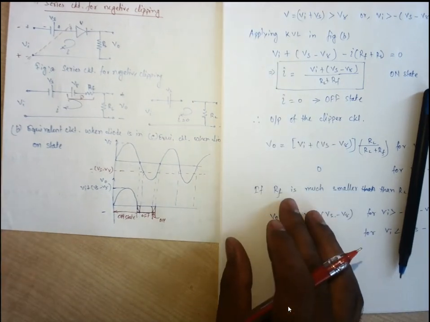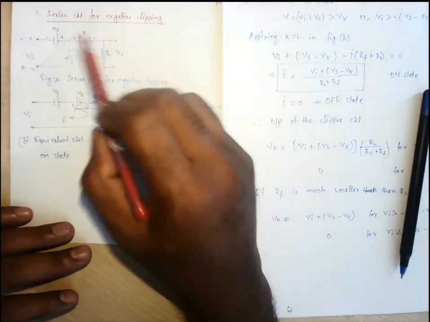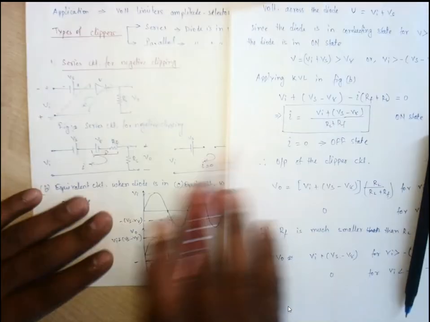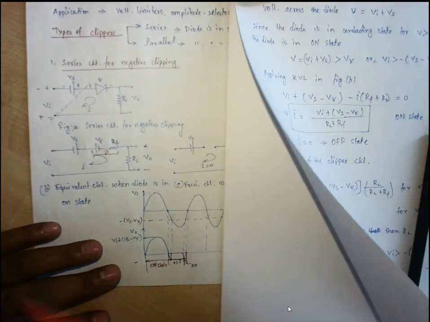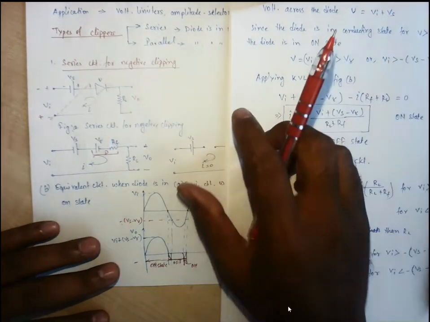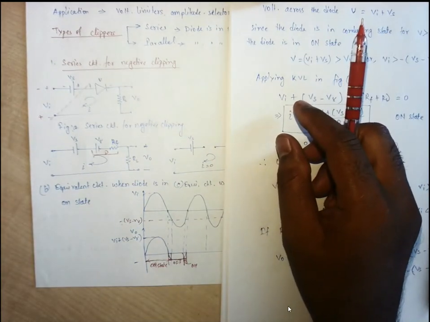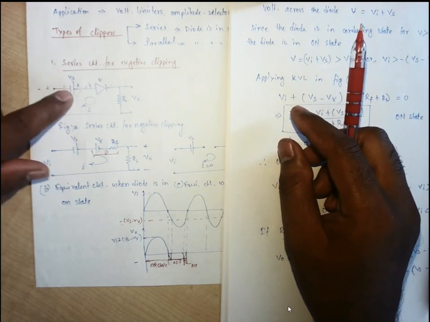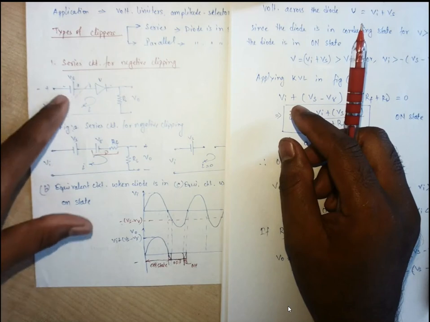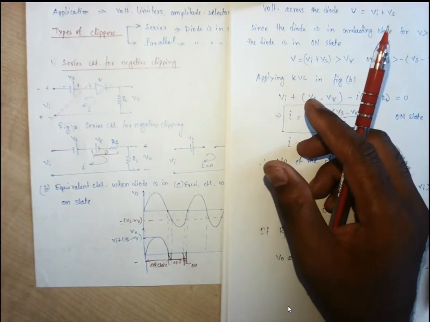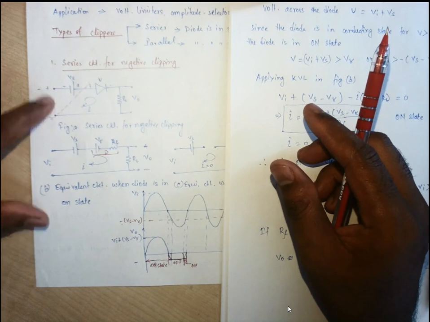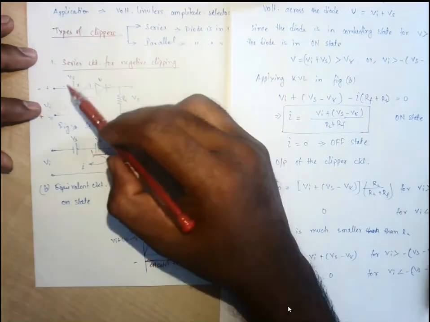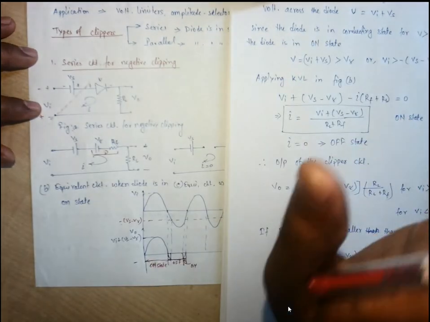You simply can identify when the diode will be on. First, just neglect the input, the AC input. If the bias circuit has been given, try to figure out whether that bias input is making your diode on or off. Okay? So for this case, that Vs is making your diode on. Up to the Vs on the negative side of the input Vi, the diode will remain on, because this Vs is still standing to support this diode.